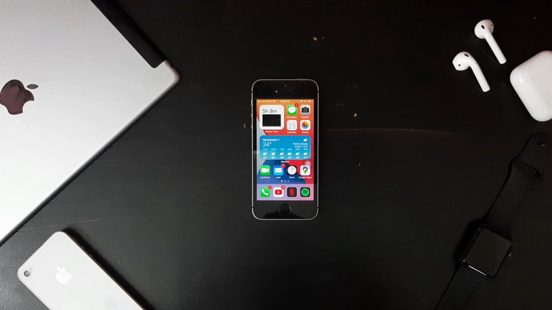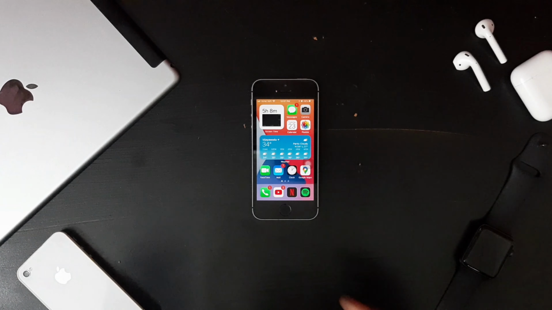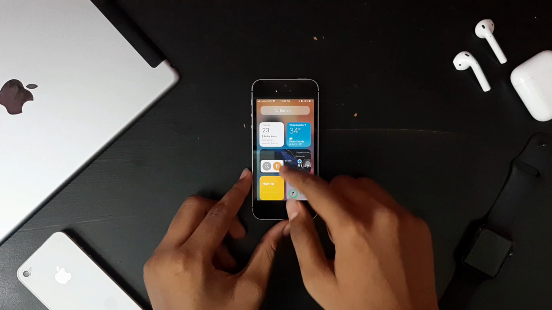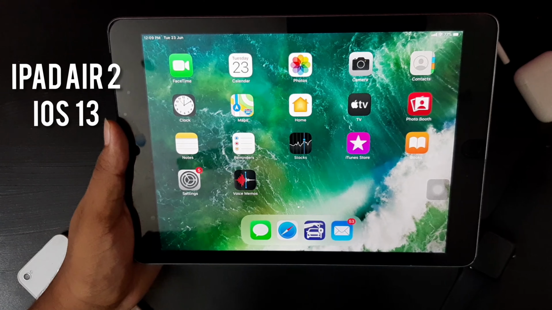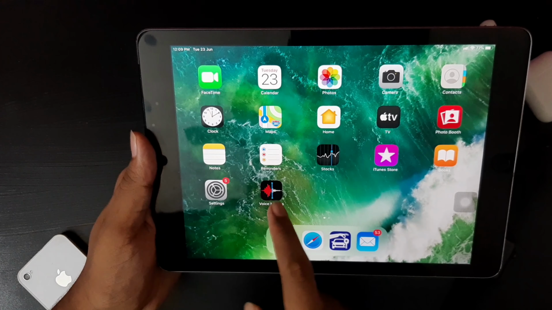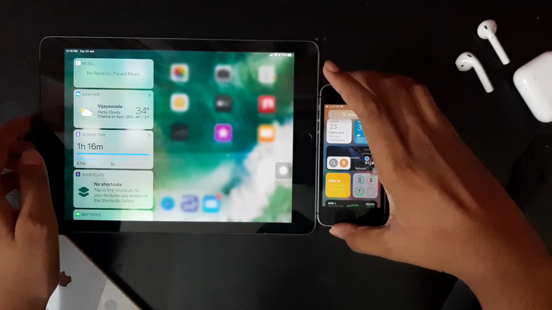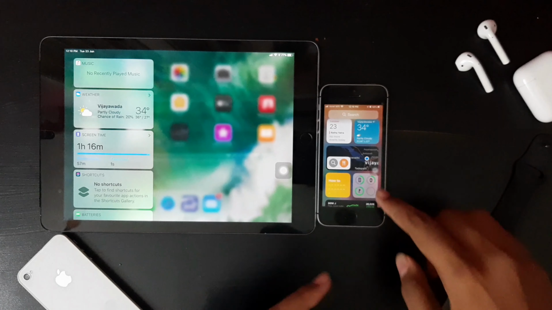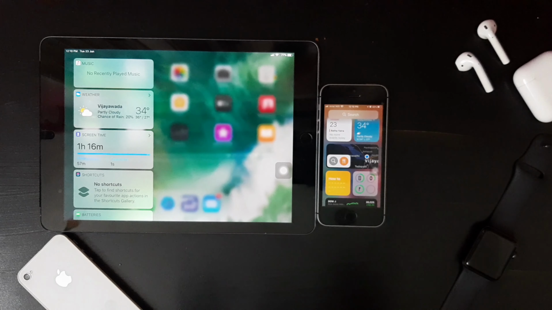It's the eye-catching feature, which is the widgets. You know that there are many widgets on the left side of your home screen, which are customized in iOS 14 for a better way of performance and accessing the data. So here is an iPad 8 running on iOS 13. Here is the widget section. You can literally tell the difference between iOS 13 and 14. On iOS 14, it's way more organized and every app is used for widgets and accessing the information very conveniently.